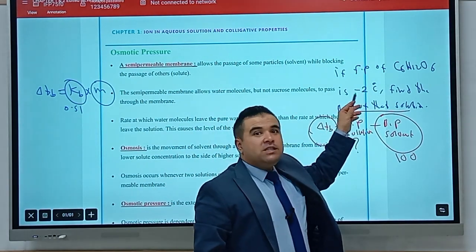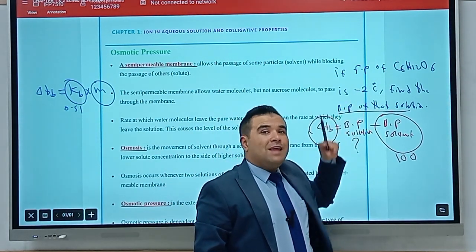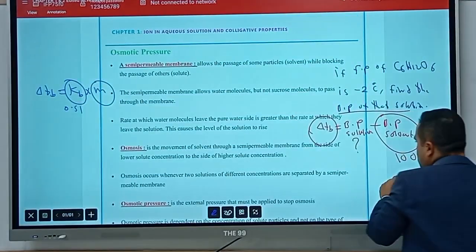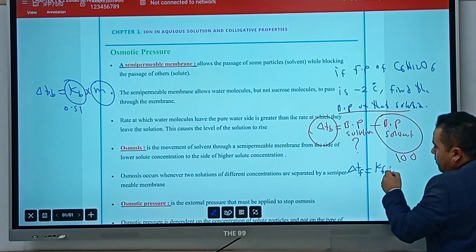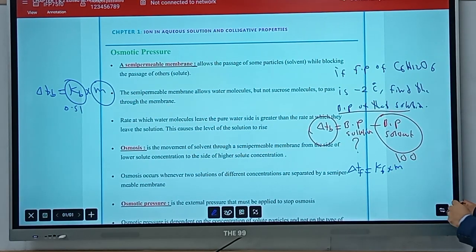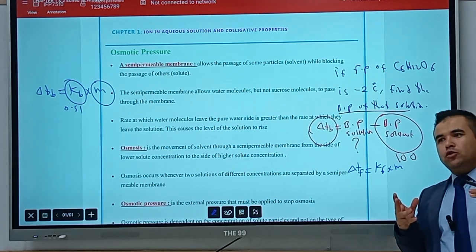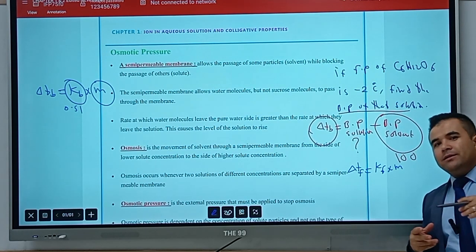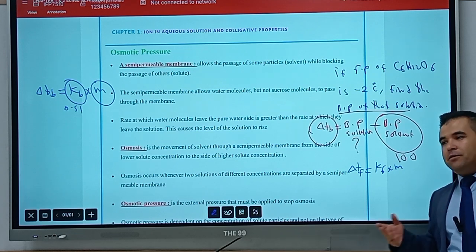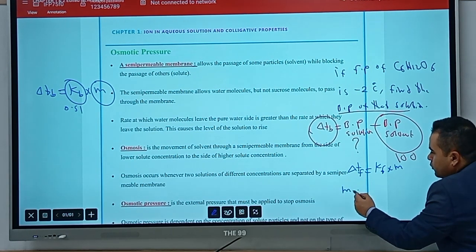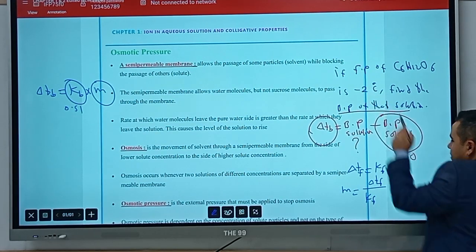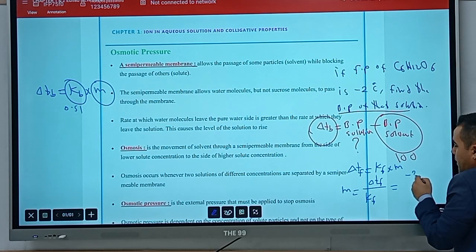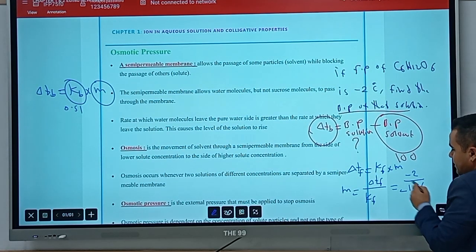By using the freezing point of the solution, try to find the molality of the solution. So we have this equation, delta TF is equal to KF multiplied by m. And the freezing point of the solution is minus 2. And if you remember, I told you, whenever the solvent is water, the freezing point of the solution and the delta TF are equal. So here m is equal to delta TF divided by KF, and the delta TF is the same as the freezing point of the solution, minus 2 divided by minus 1.86,